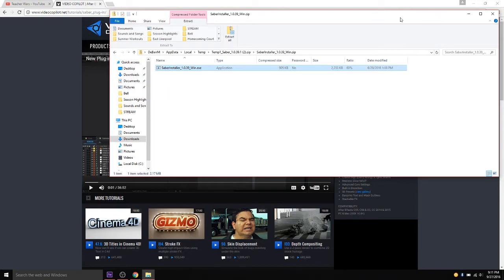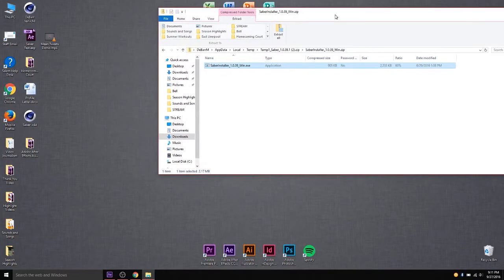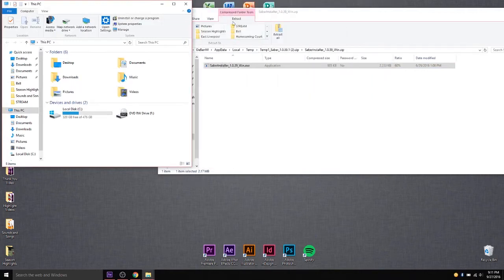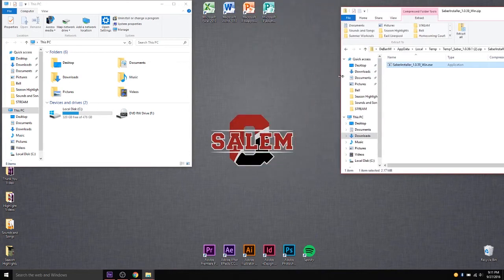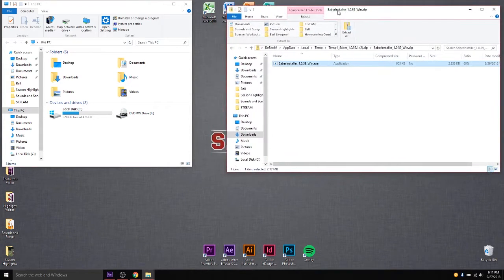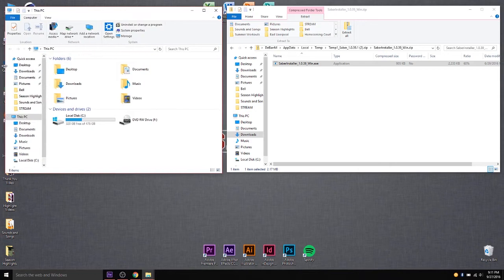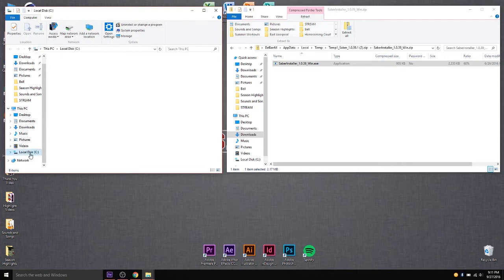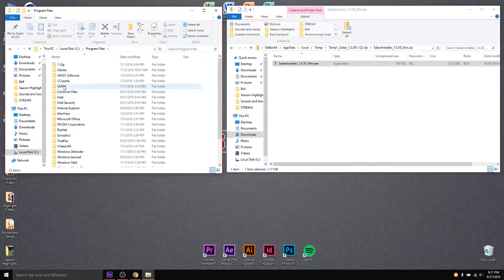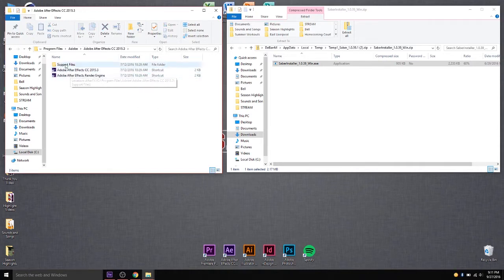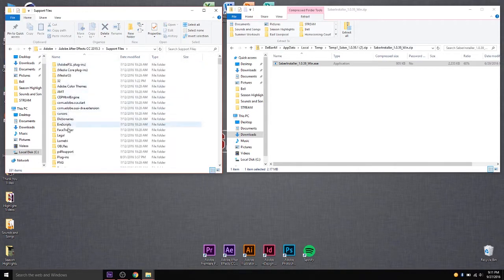What you're going to do now is leave that window open and minimize that, and from this PC, I want to make it so you can see both windows here. So you'll have this window with the downloaded Saber plugin, and then another window over here where you're going to find your After Effects program files. So you're just going to go over here to local disk C, then program files, and then Adobe, and then you want this plugin for After Effects, so you click up Adobe After Effects, support files, and go down to plugins,